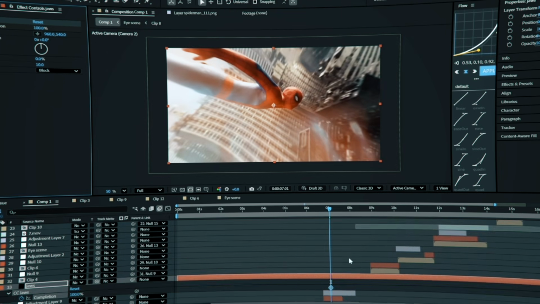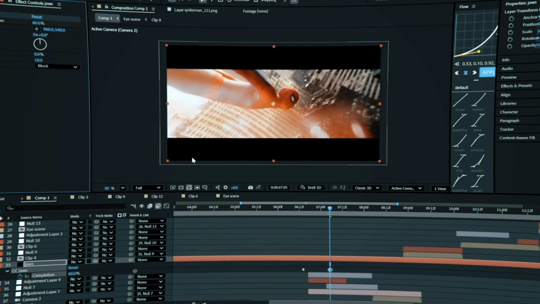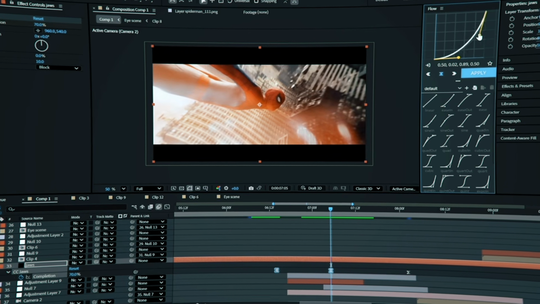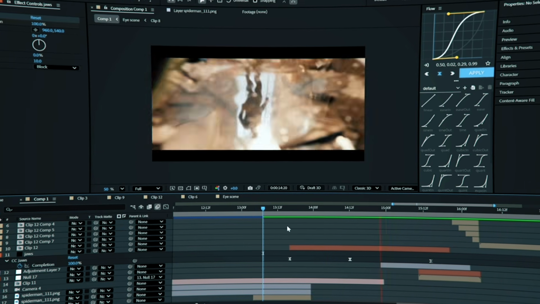We add a keyframe at 100. Then, where we want it to open, we bring it down to around 70. A little later, we bring it back to 100 so it closes again. To make it smoother, you can adjust the graph like mine. We can also duplicate this solid and add it to any part of the video we want.